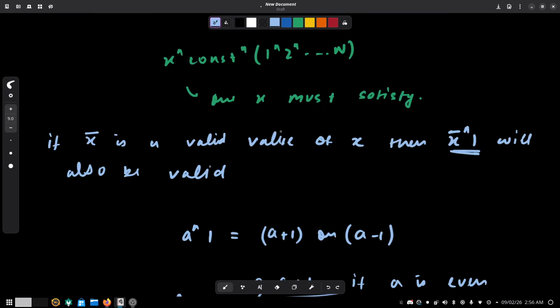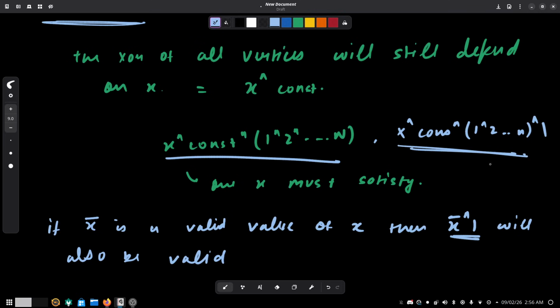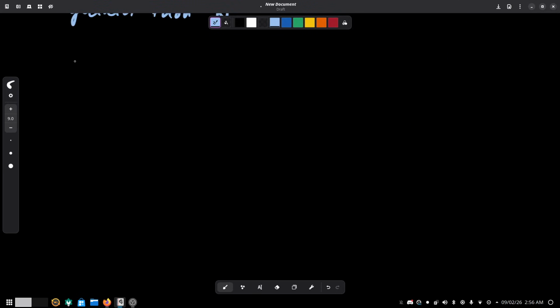So basically for this problem we'll have a minimum of two solutions. One will be x bar, the second will be x bar XOR 1, 2, till n XOR 1. This will change every odd number to even and every even number to odd. So we'll have two different solutions. Hence for this case the answer will be minus 1. So when n is odd, the answer is minus 1, and when n is even,